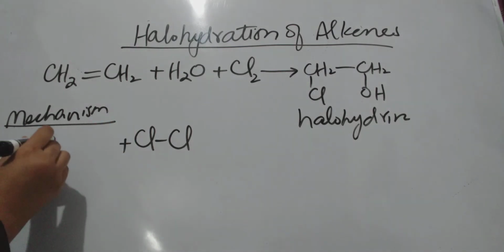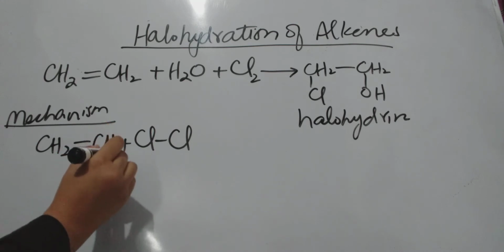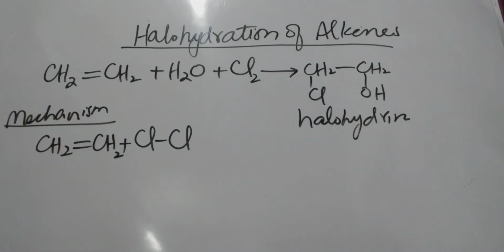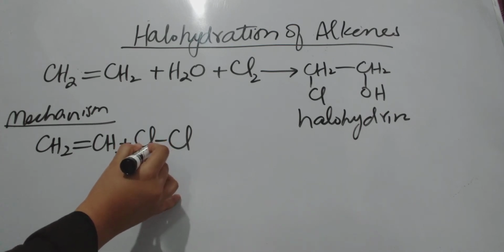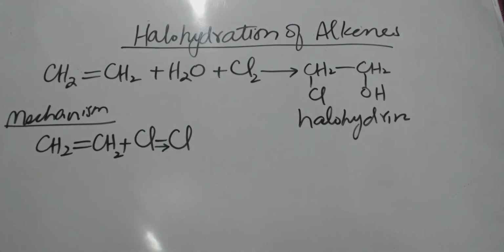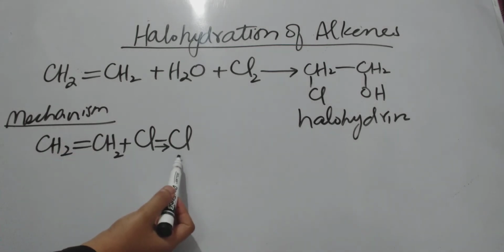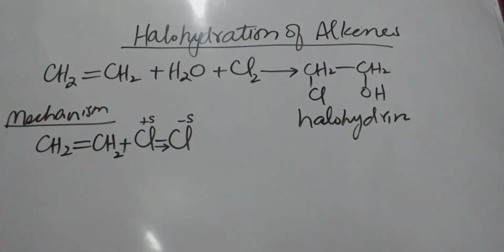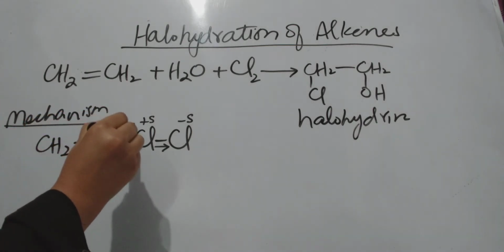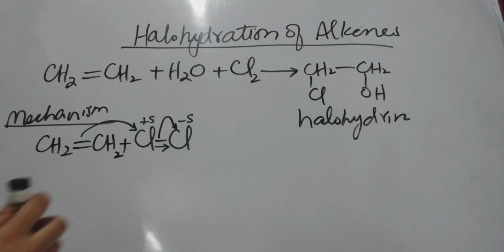However, when this chlorine gets near to the alkene, there is an electrostatic force of repulsion between the electron clouds. It results in the electron cloud moving towards this chlorine more than the other chlorine. So, it results in overall electron deficiency at this carbon atom compared to this carbon atom. Therefore, one will carry the partial negative charge and the other the partial positive charge. It means that whenever it attacks this chlorine, this bond will shift over this carbon atom.